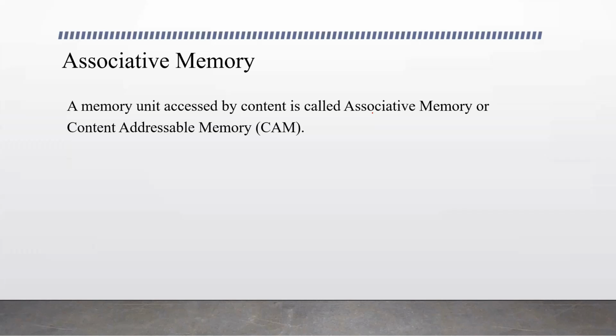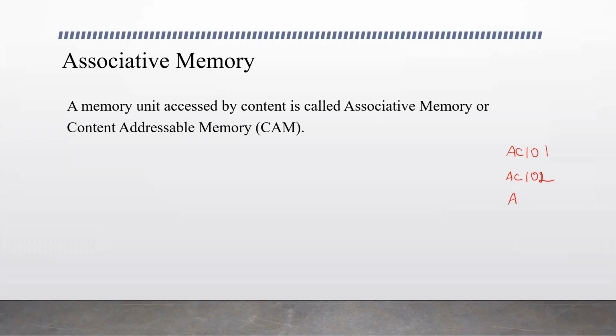And in the same way, the word can be read from an associative memory when the word is specified. When the content is given, it can be read directly from the memory. And here searching can be done by the entire word. Suppose it is an account number and we have account details. If it is to search AC101,